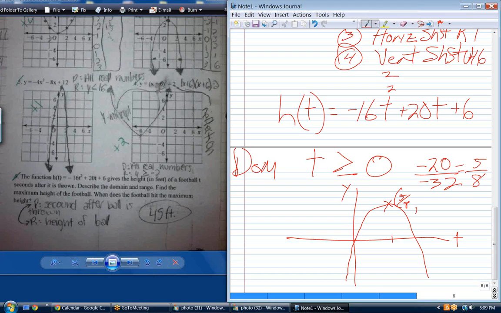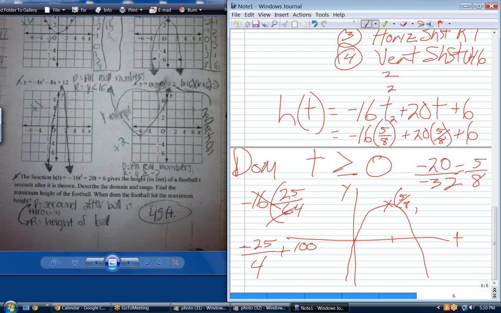Plug it in. Plug in the x-coordinate into the function. So replace x with 5/8. Replace t with 5/8. Which becomes minus 16 times 25 over 64. So it becomes minus 25 fourths